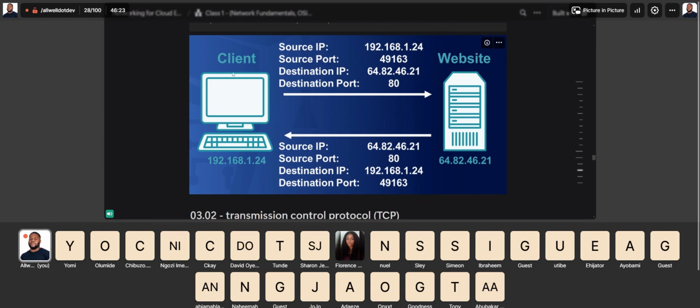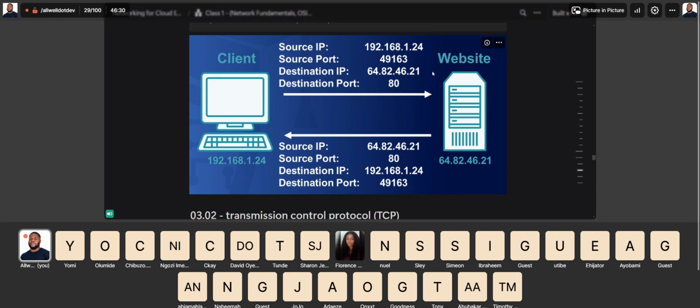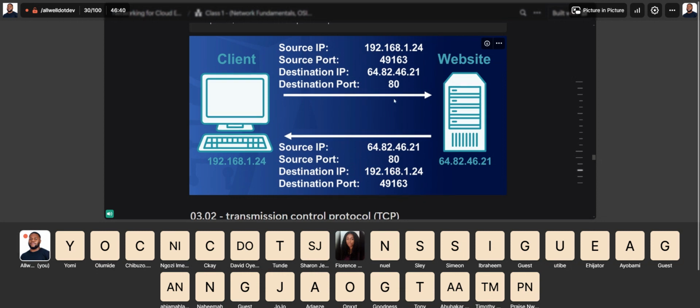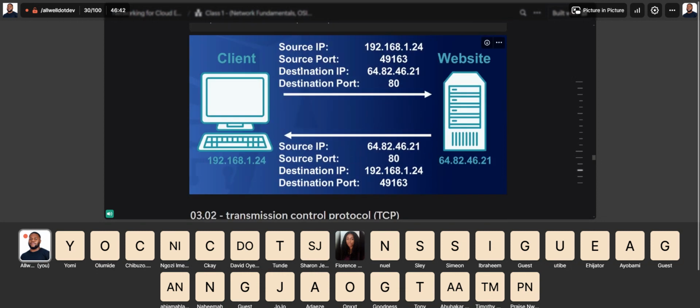My client device has a source IP of 192.168.1.24, and the website server has an IP of 64.82.46.21. As you can see here, we are making a GET request to this website server, and the GET request is coming from my IP. It's also coming from a source port of